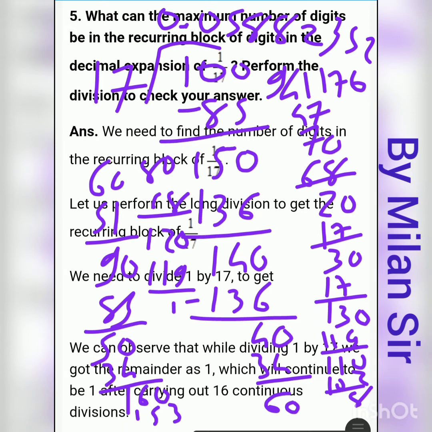Okay, so initially we had remainder 1, and right now we also get 1. Now our remainder is the same. That means from now onward we get the same recurring digits. After this number of digits, this process repeats. Because our remainder is the same, again we get 100, then 17 5s are 85, and this is a continuous process.